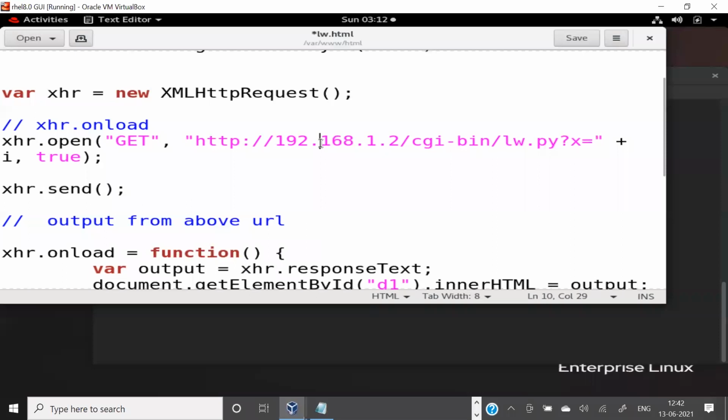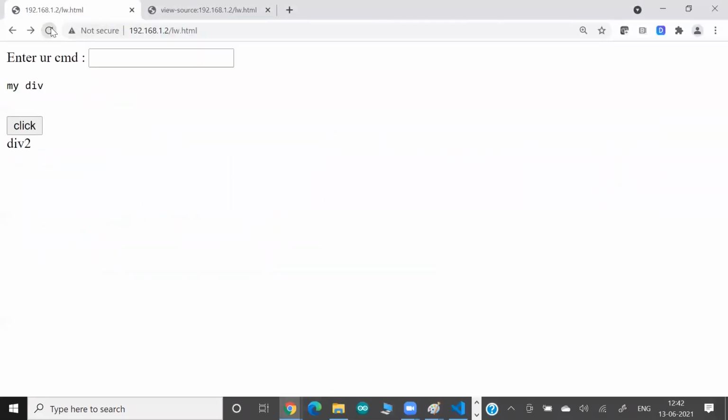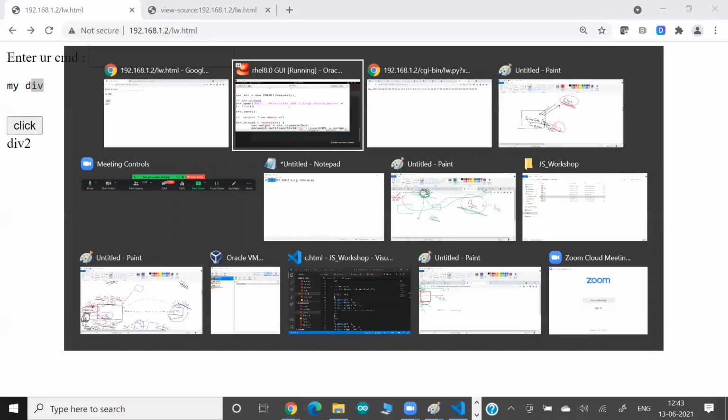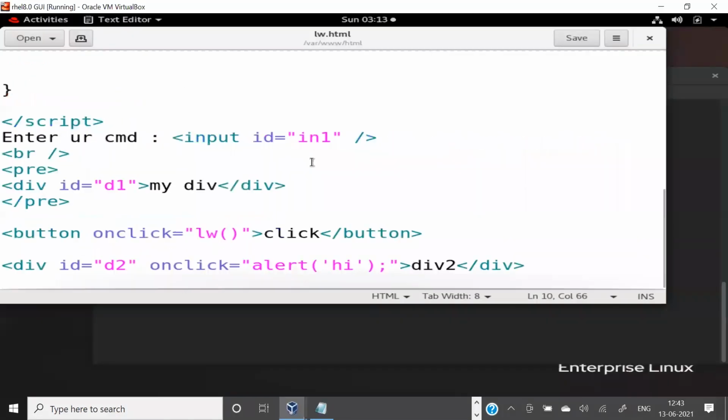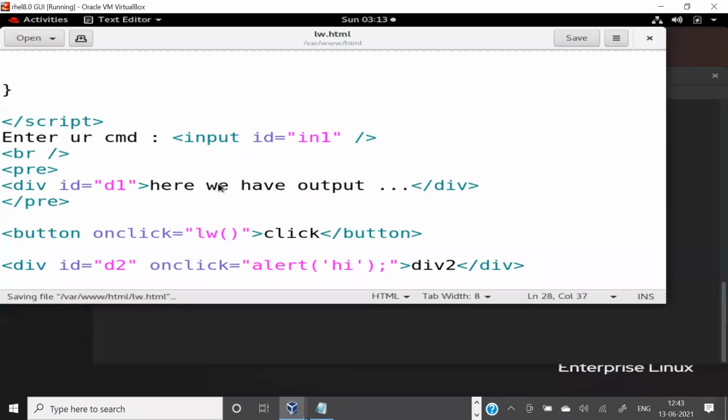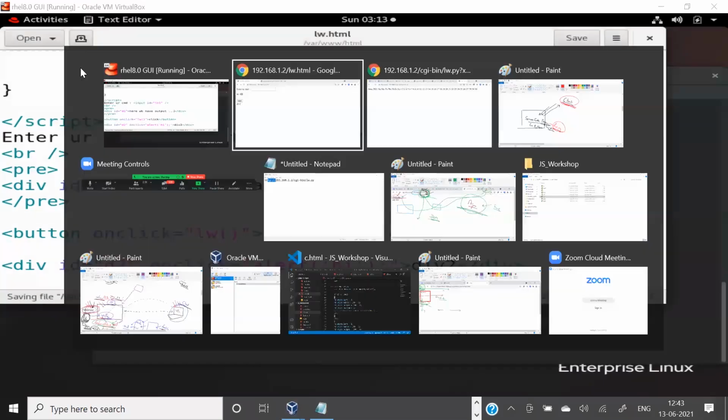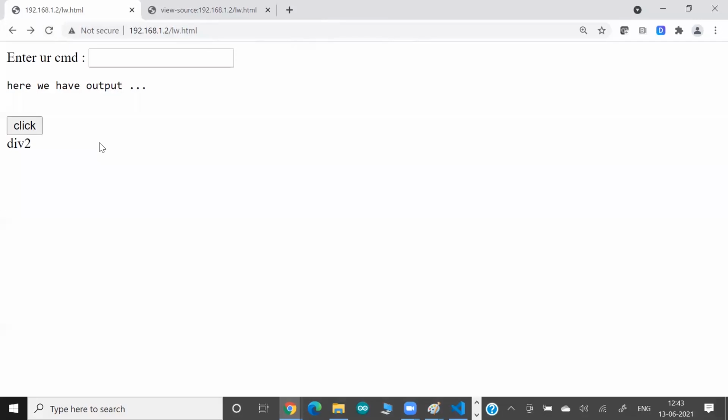Now what benefit will you get by this code? So maybe let me rename this name also. It doesn't look like a good name. So let's say here we have... okay. So this is my one small app created